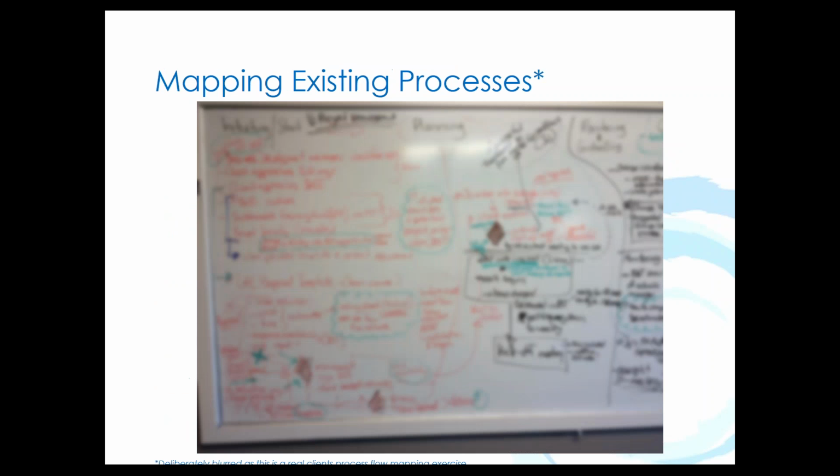Here is me mapping some existing processes. I've deliberately blurred this. This is actually a real client's process flow mapping exercise. What we did was, obviously, as you can see, we took a whiteboard and going from left to right, everything that you can see in the red text there describes how projects initiate, and down the bottom you can barely see some smudged black or dark red diamonds. They're approval points, and we mapped out everything. Everything that you can see in green were blanks that we found,